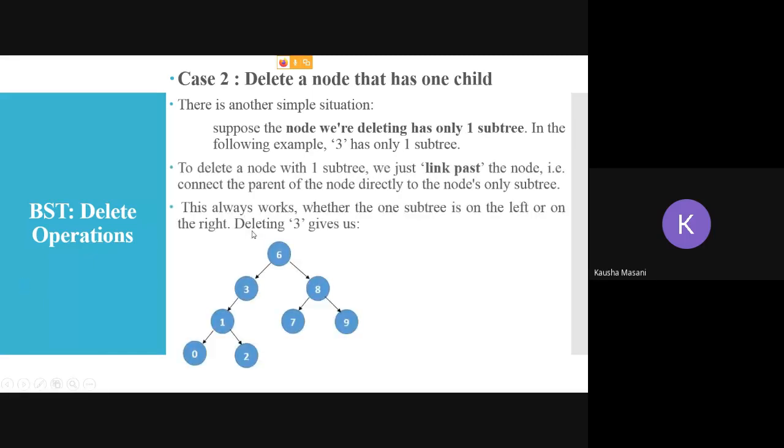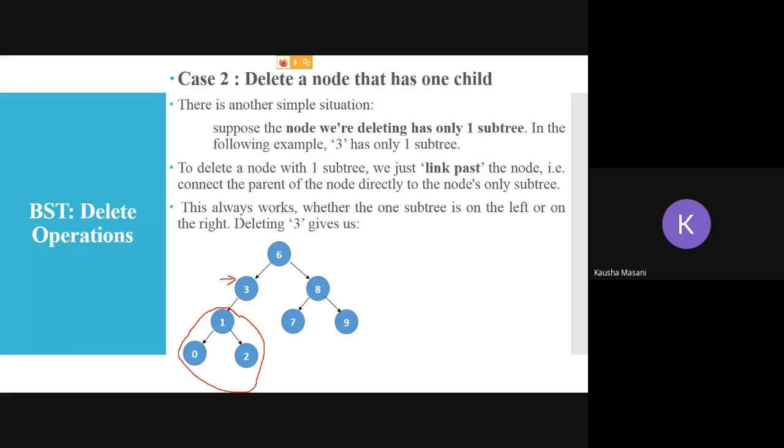Here 3 is my parent node, and this 3 is my target key, which I want to delete. It has one subtree. Even if there is just one, it is still called a subtree.